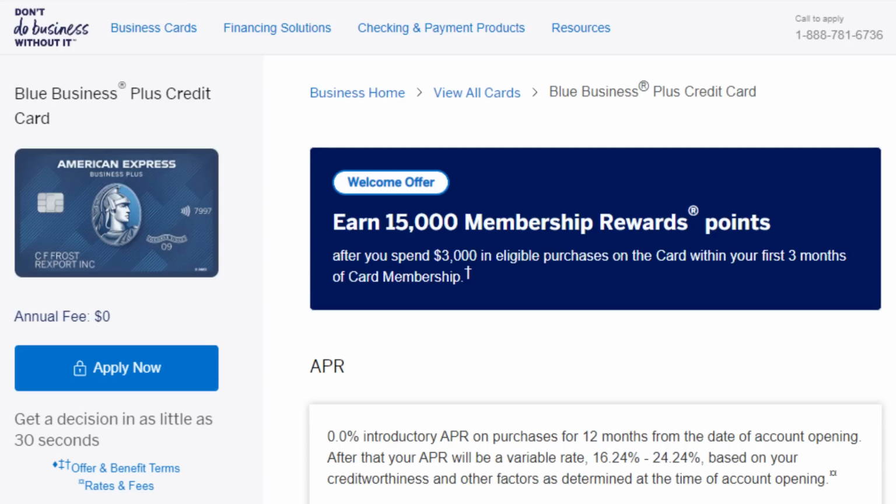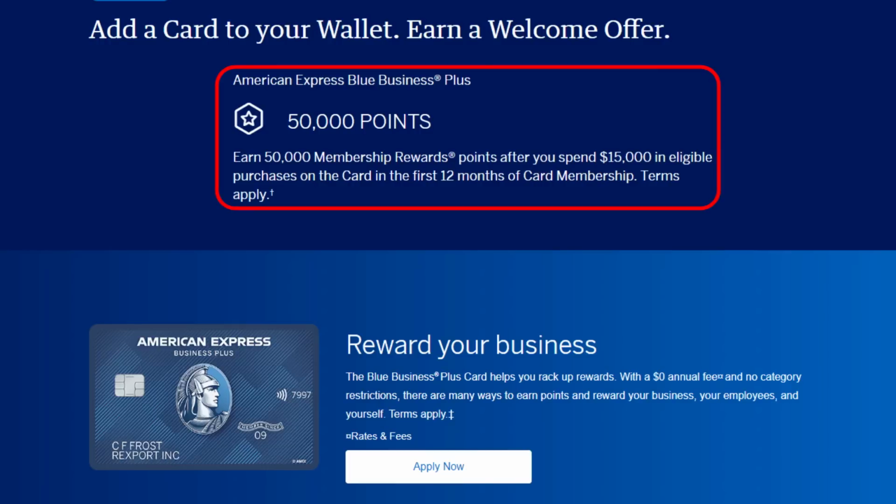But for me, as I am on team travel, I want to be able to take advantage of all those Amex membership rewards points. So it would make more sense for me to go with the Amex Blue Business Plus over the Amex Blue Business Cash card. Right now, this card comes with two different welcome offers, one 15,000 Amex membership reward point offer after spending $3,000 in the first 3 months, and one 50,000 point targeted offer after spending $15,000 in the first year of having